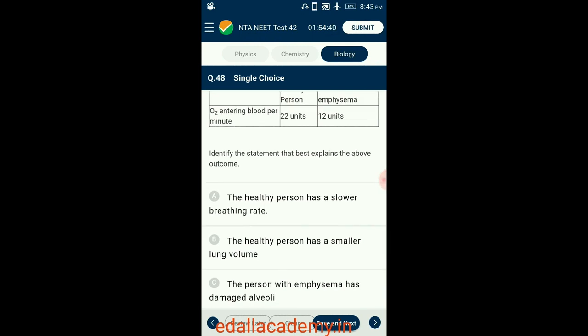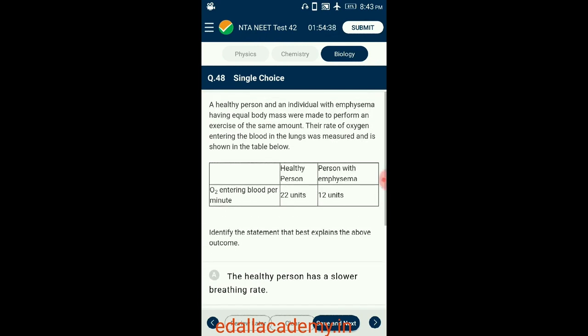Identify the statement that best explains the outcome. Emphysema is a condition where the elastin fibers surrounding the alveoli are damaged. As a result, the alveoli are not able to contract to their full extent, causing reduction in volume of gas exchange. This ultimately leads to